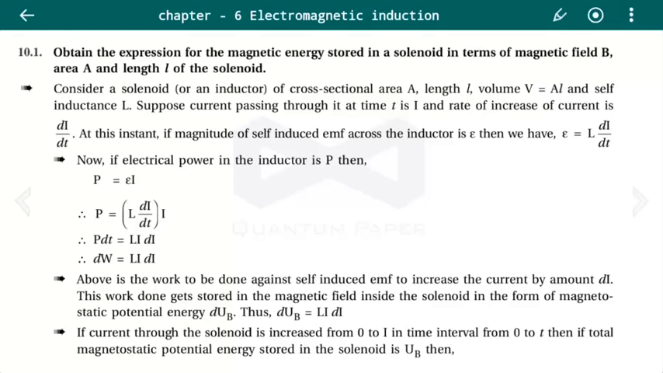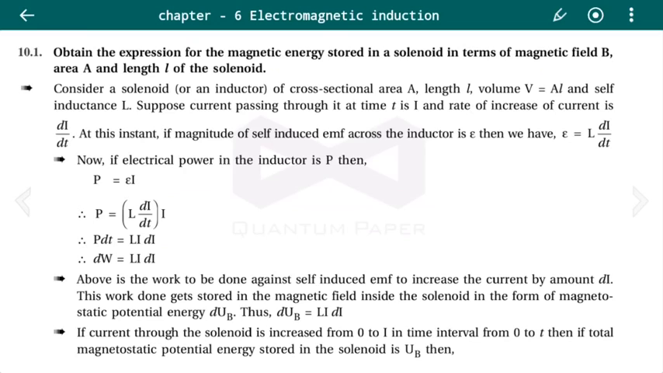Now numerical number 10. Obtain the expression for the magnetic energy stored in a solenoid in terms of magnetic field B, area A and length L of the solenoid. Consider a solenoid of cross-sectional area A, length L, volume V equals AL and self-inductance L. Suppose current passing through it at time t is I and the rate of increase of current is di by dt. At this instant, if the magnitude of the self-induced EMF across the inductor is epsilon, then we have